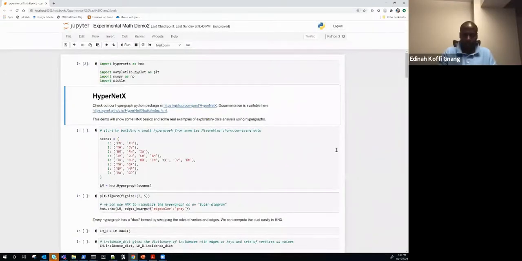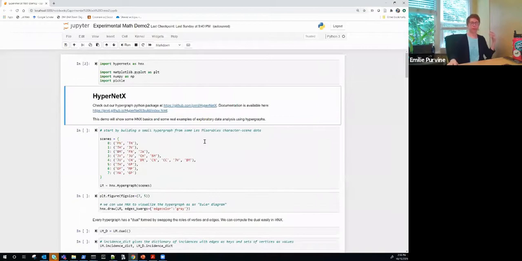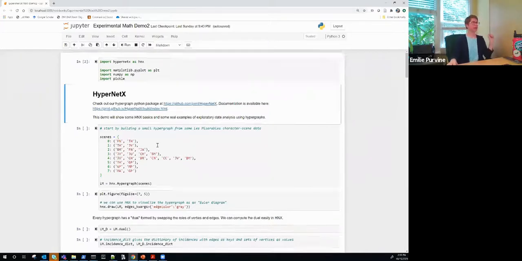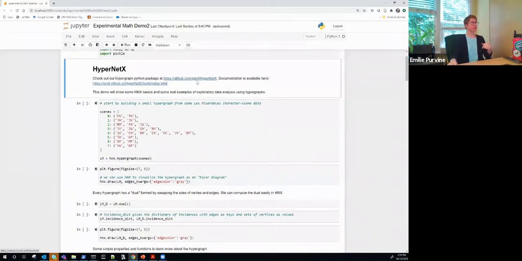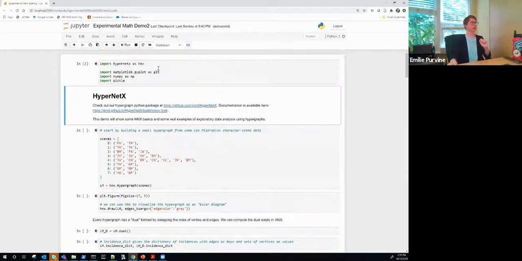Okay, fantastic. So this is a tool called HyperNetX, a Python package. In the remaining few minutes I have, I'm just going to show you a little bit of the kinds of things that you can do with this package. It's built here at PNNL, so it has a GitHub page and a documentation page. If you are interested in it, pip install HyperNetX, and then just import HyperNetX. You sometimes need a few other things.